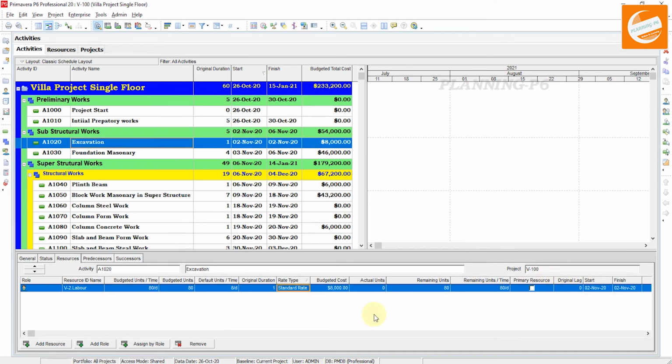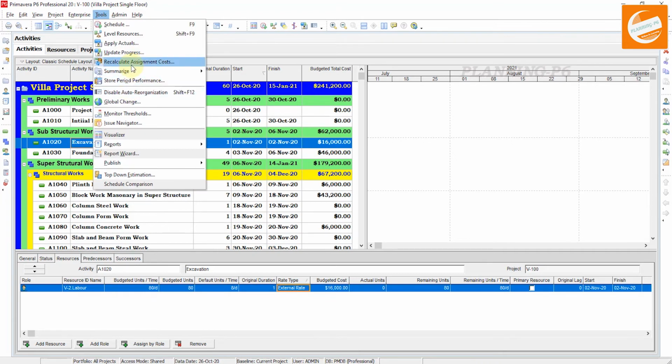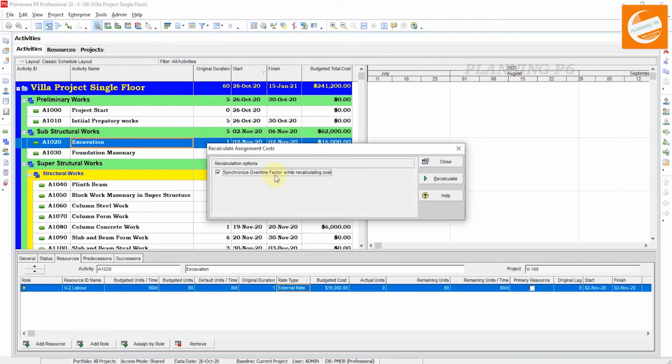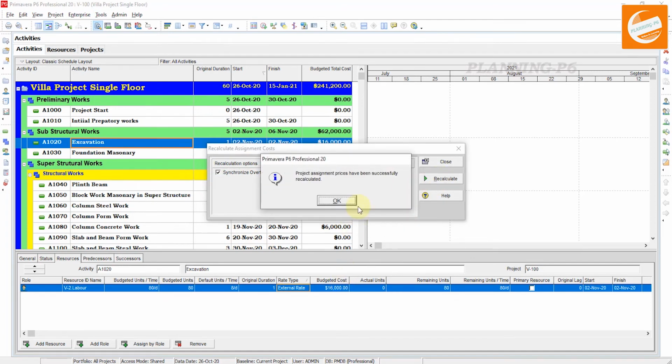So now you can see the standard rate and budget cost is 8,000, and if we apply the external rate, it will be recalculated to 16,000. And if it doesn't show any cost here, then you have to go to Tools and check the option Recalculate Assignment Costs. After recalculating you can see the cost will be changed.